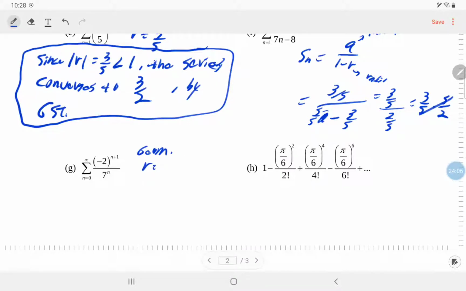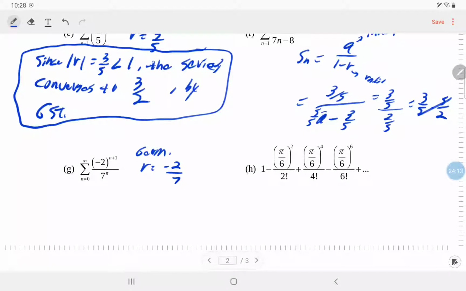Well, the negative 2 is, and then so is the 7 on the bottom. So this write-up is going to look eerily similar to this one. I would say since the absolute value of my ratio, which in this case would end up being not negative 2/7, but 2/7,